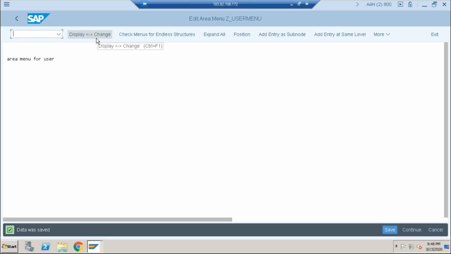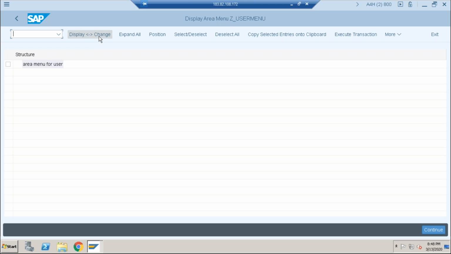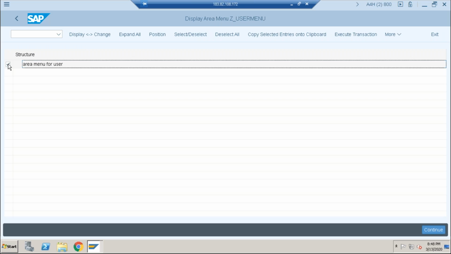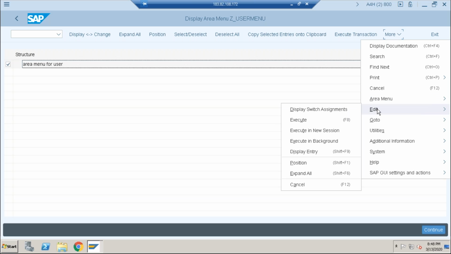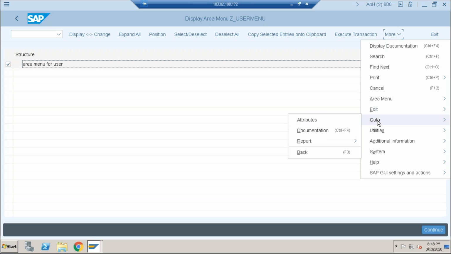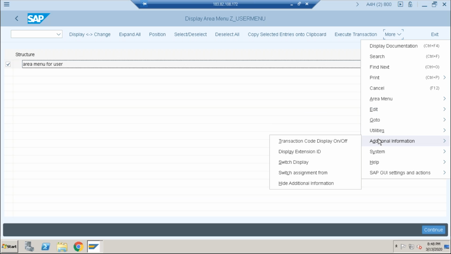Select that. Select the description. So okay, click on change, what is the display mode? I think just click on the change button. Select the menu. Now select the add entries. Where is the add? Just select it. Where are the entries? You have an inserting option. I need to go for edit. Inserting or execute the session. Execute, no, execution is nothing but assignment. You have an assign option. Where is the assignment option? Additional information.